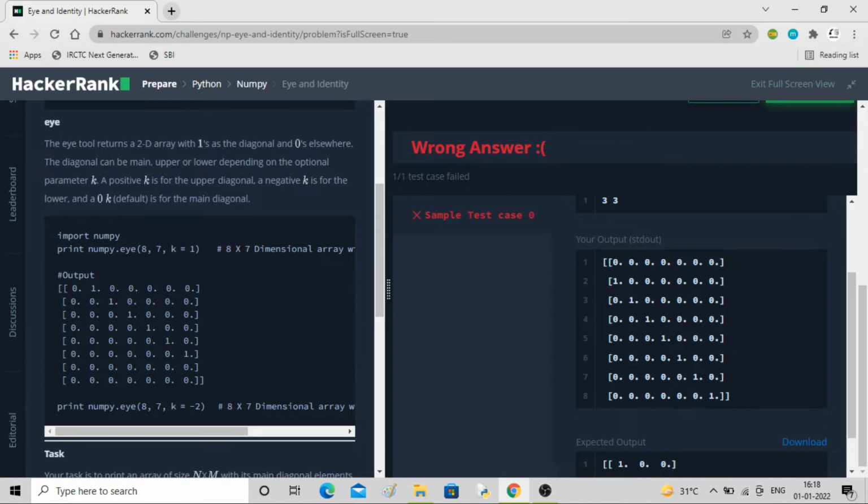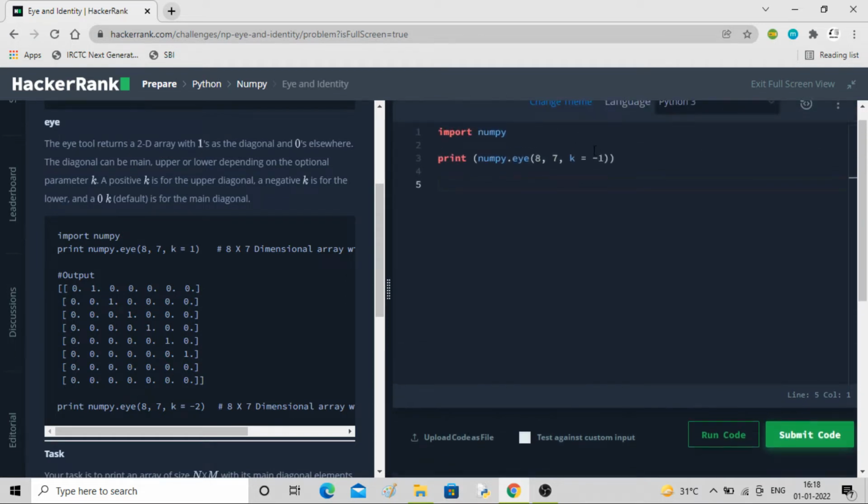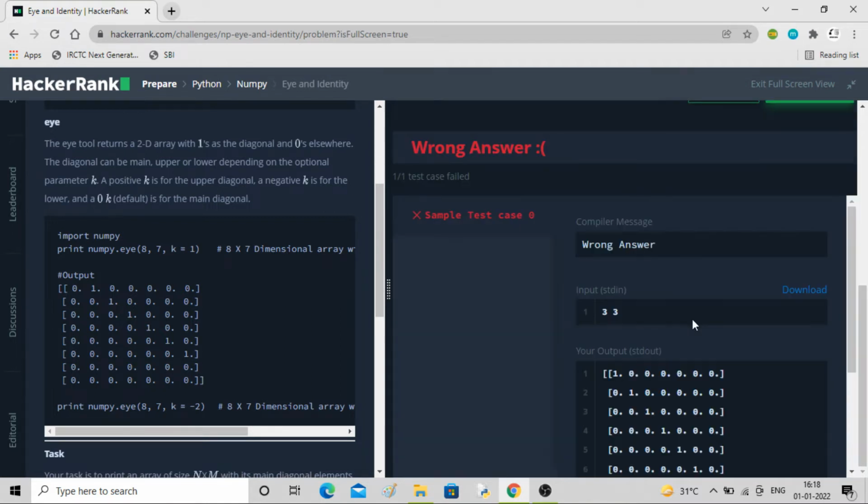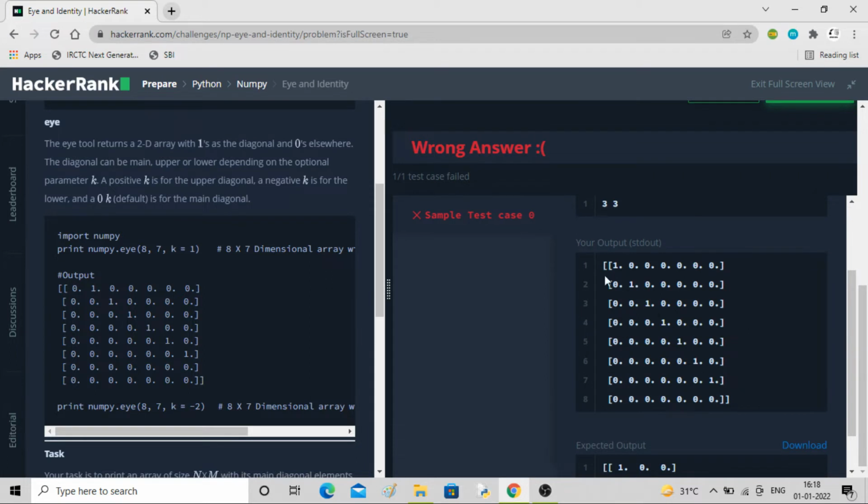Okay, and this is the upper diagonal, this is the lower diagonal. If I put 0, which is default, that will be the main diagonal. So this is the main diagonal, you can see.